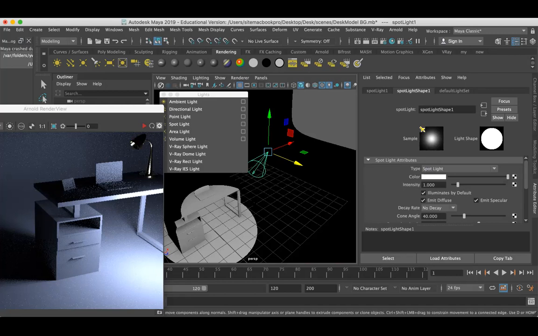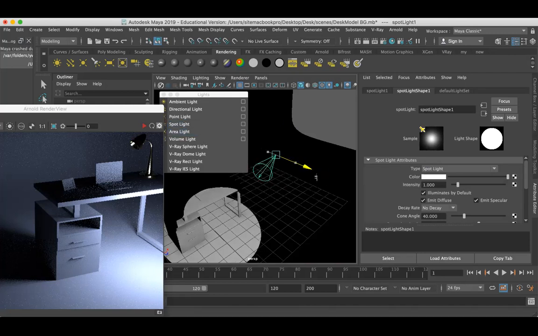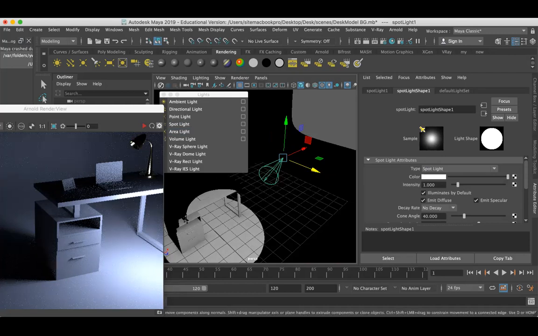For this first class, just understand the properties of the light. This just gives some cylindrical light values, so you can see here.